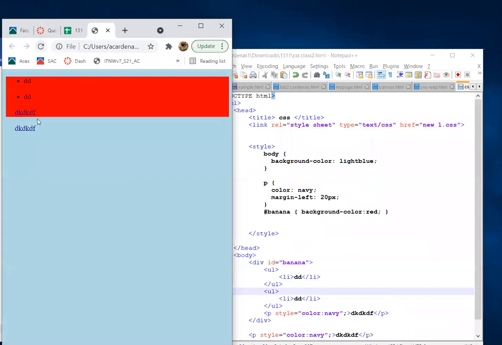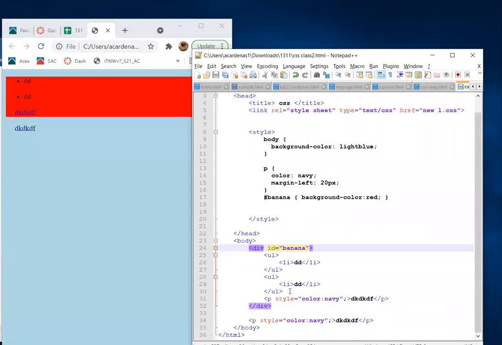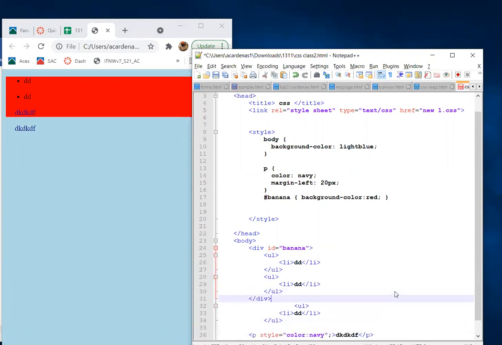So save and refresh, they're still going to be in the red background. But let's say you wanted the unordered list in a different div, then it would only apply to that very first one. So I'm going to go ahead and paste that there. I'm going to get rid of the paragraph just so that it doesn't look too